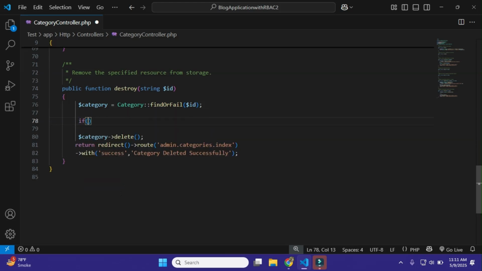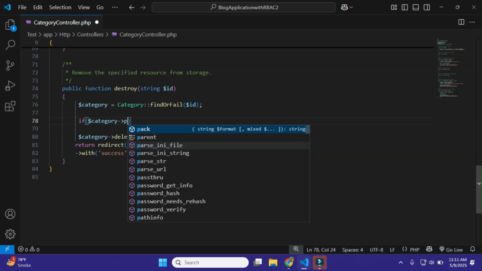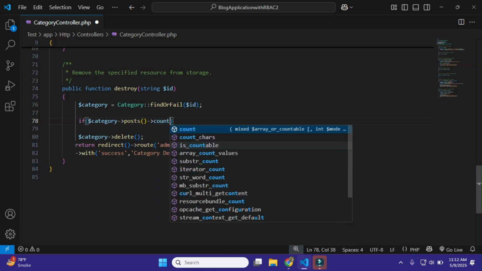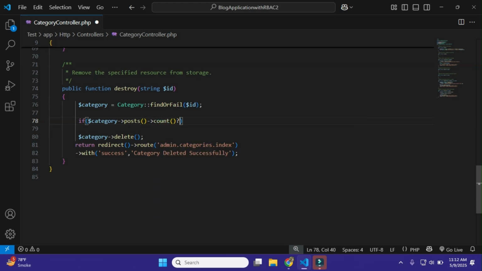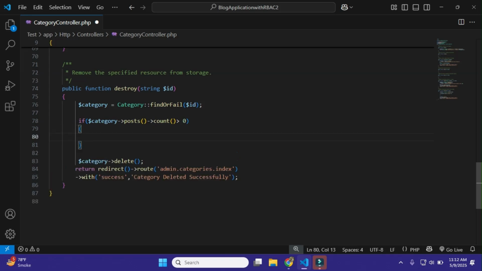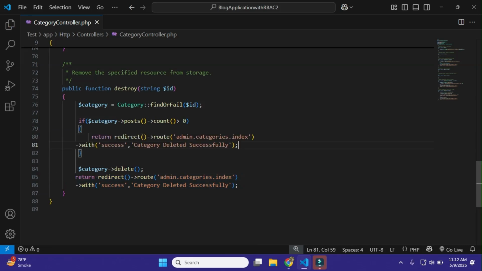So I'll simply use if dollar category and use this function here, that is posts and count. If posts belong to categories, then we simply return redirect to admin.categories.index with error, and in the error I'll simply pass here